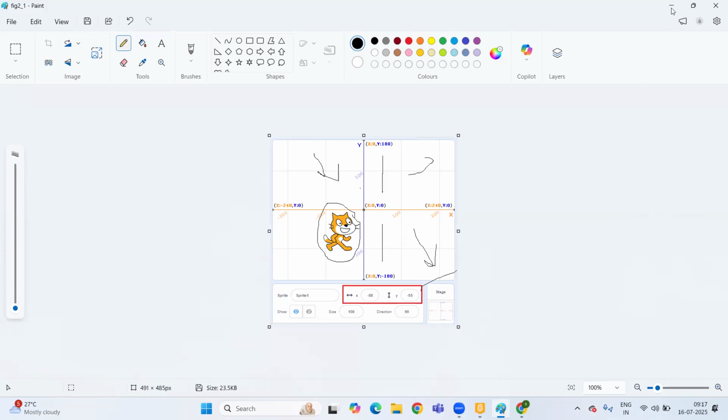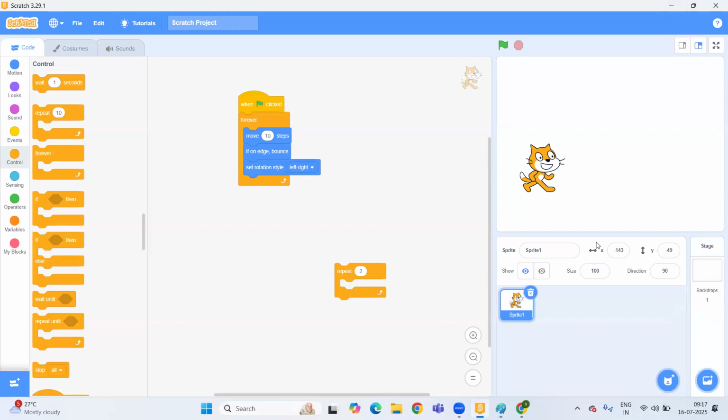So let's take a demo in Scratch. So here's the x-axis and y-axis. If I'm putting the value, for example, 100 positive and y is also positive, then you can see your cat sprite is here, in this area. And if I'm putting x negative and y positive, then you can see it will come here according to my coordinates.